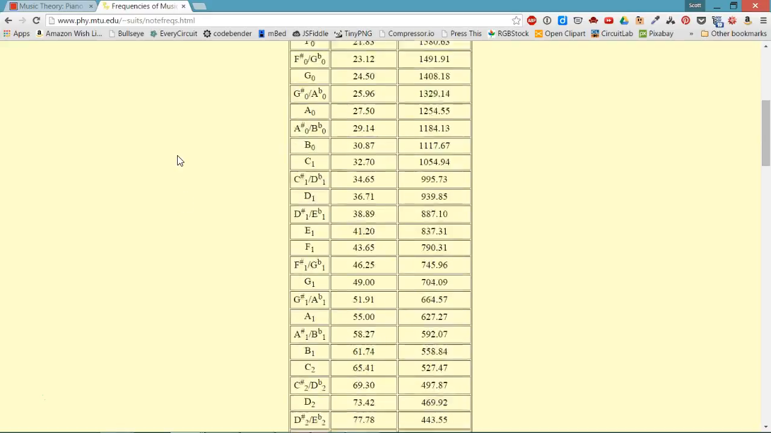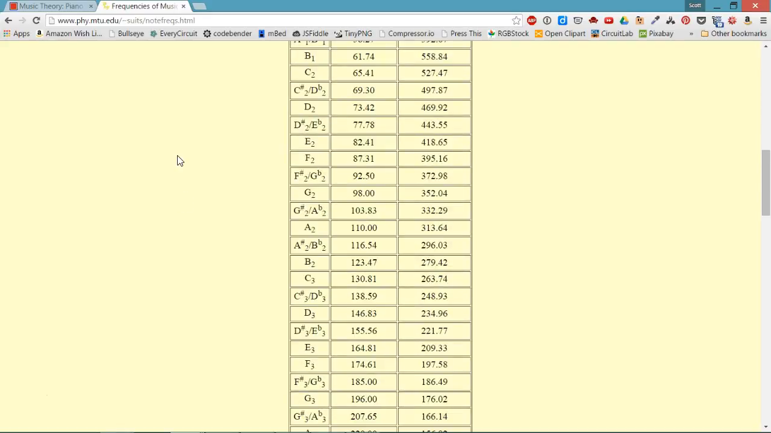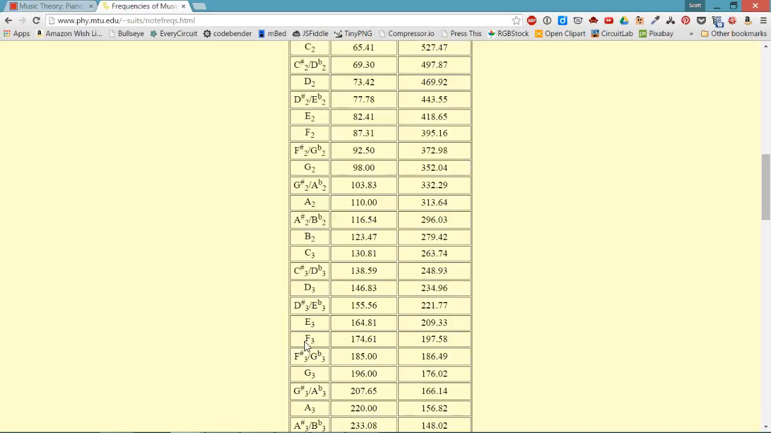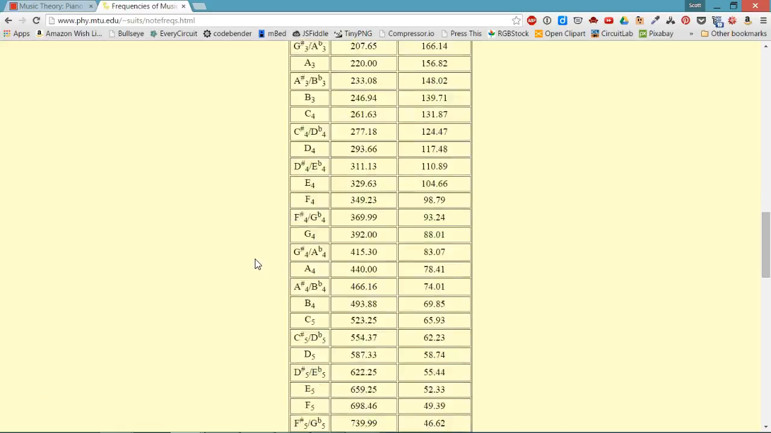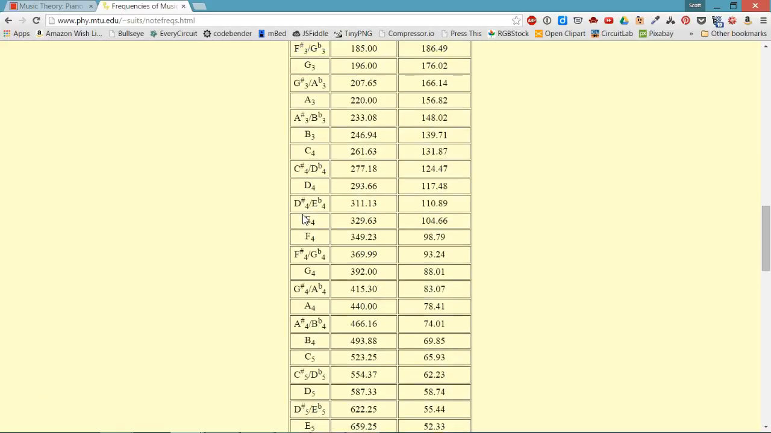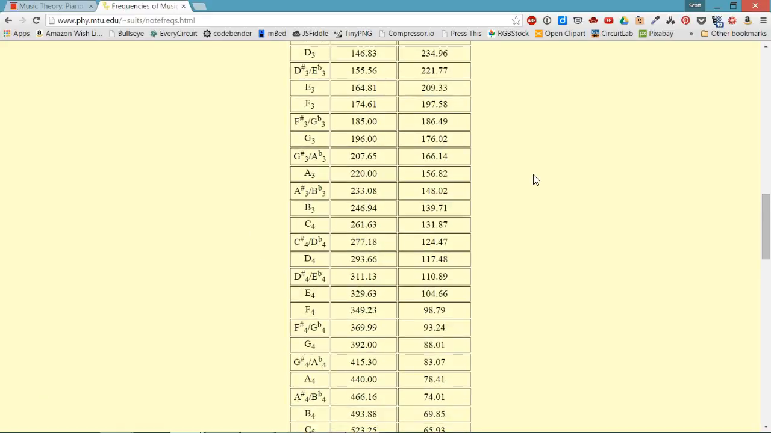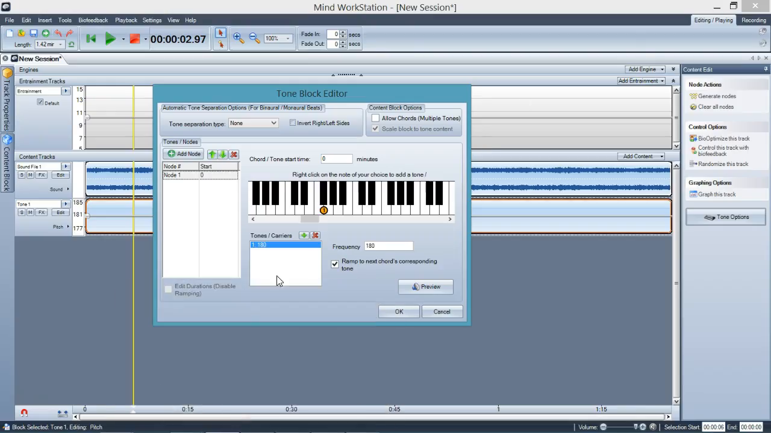So what we want to do is find a pitch that is useful to us in an entrainment range, or something that mixes with our music as far as the octave. So let's target 174.61. You could also choose 87.31 or higher if you wanted to do that. But let's target 174.61. Now in Mind Workstation,